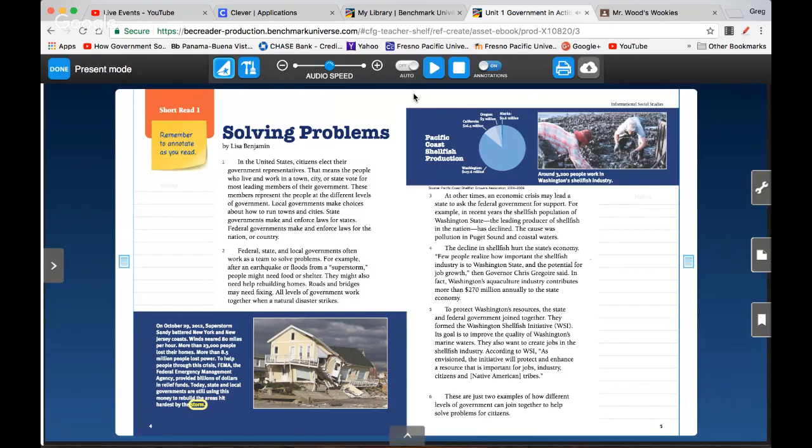Okay, so we see this beginning at the end of paragraph 1, we see that state governments make and enforce laws for states, federal governments make and enforce laws for the nation or a country. And then beginning in paragraph 2, federal, state, and local governments often work as a team to solve problems. And we see the example there of how state and local governments work together to help people